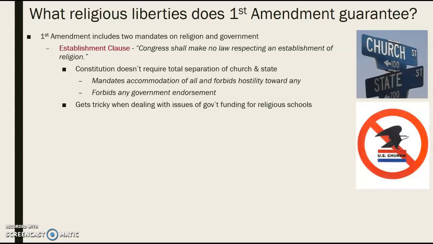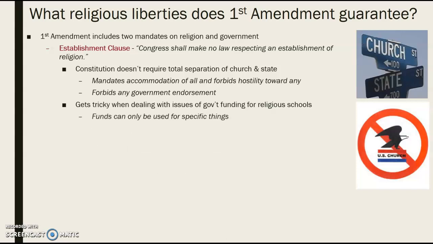Notre Dame's a Catholic school. Pell Grants money so poor kids can go to college at cheaper costs. That's federal money. Can the government dispense federal tax dollars to a religious university like Notre Dame or Georgetown or any of the other Catholic universities in this country? And so obviously they can, but if you were to look at that, you would see that the Establishment Clause makes it seem, at least on the surface, like maybe they can't.